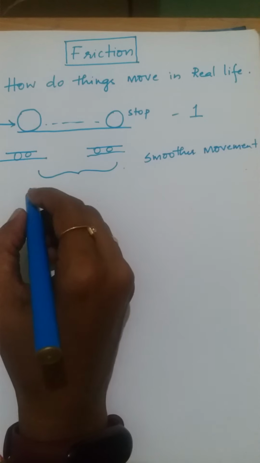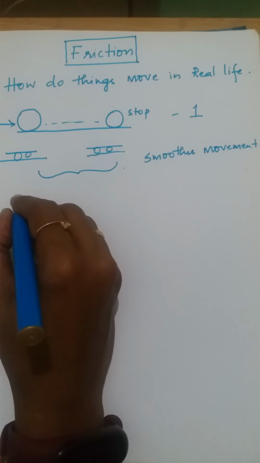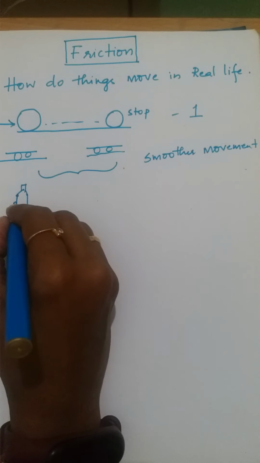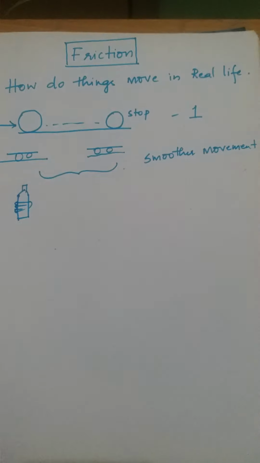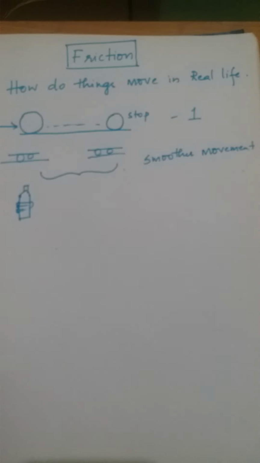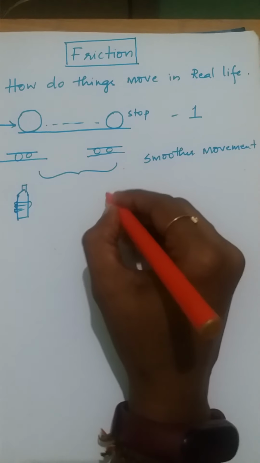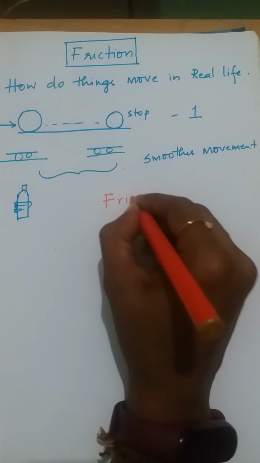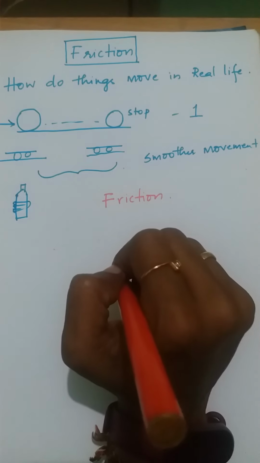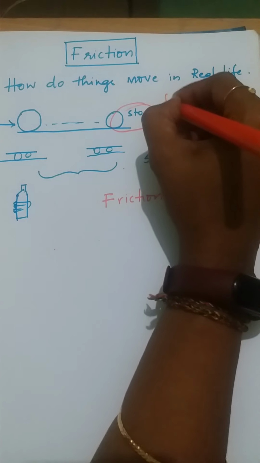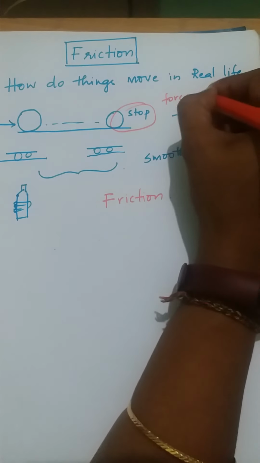Now, a third question: imagine you have got a bottle in your hand. You are holding it. Now, what is a component which combines all these things? That component which combines all these things is called friction, or the force of friction. That is, the ball comes to a stop because of the force of friction,